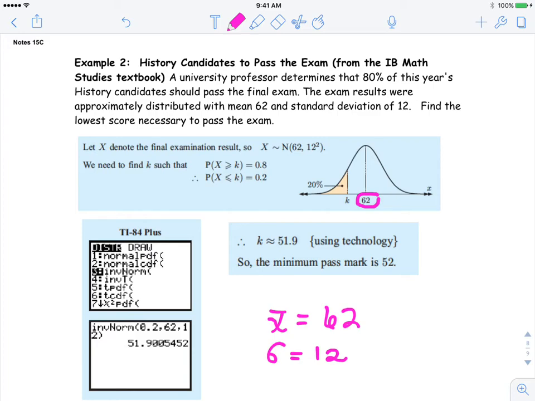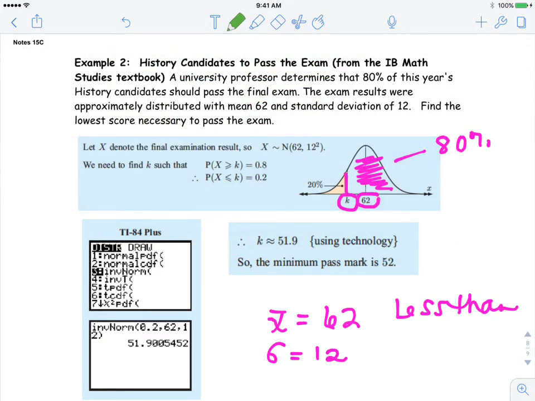So 80% would be this region here. Here's your K value. And what we have to do is, in order to use our graphing calculator, you always have to go less than using your inverse norm. So we're going to be